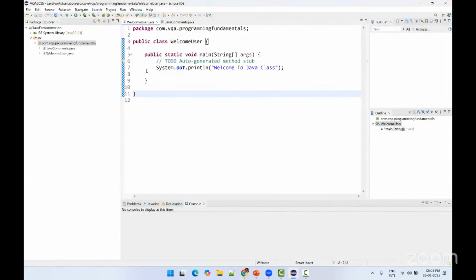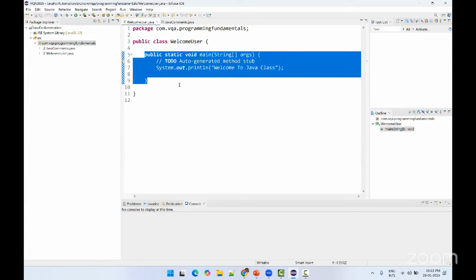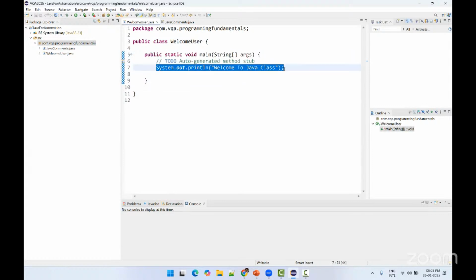And then we created a main method. In order to display our output, System.out.println, and the string we need to give between the double quotes. So the first program, this is what we saw. And then comes